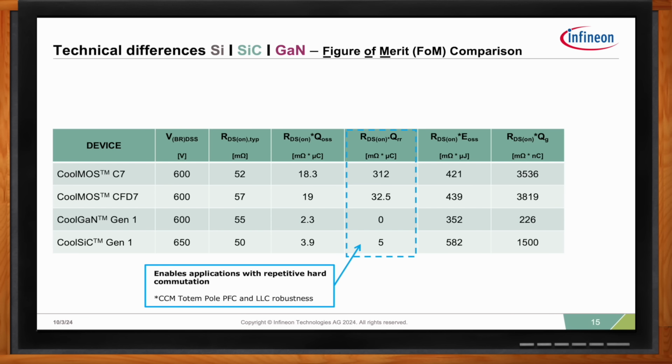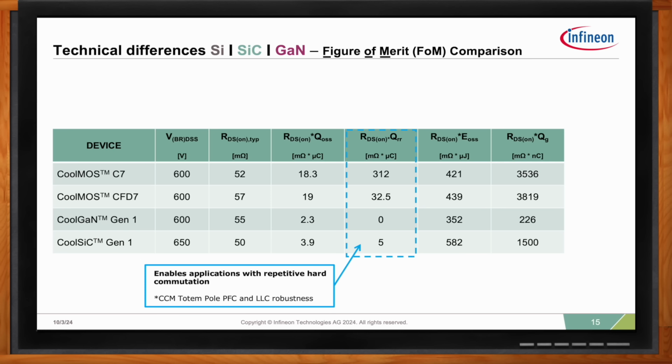Next, looking at RDS(on) times QRR, which signifies the ruggedness of the device in hard commutation topologies such as continuous conduction mode totem pole power factor correction, or even in resonant converters such as LLC, where special operating points such as startups or fault events might lead to hard commutations. Since GaN has no minority carriers to be cleared and therefore zero recovery charge, it provides the ultimate performance